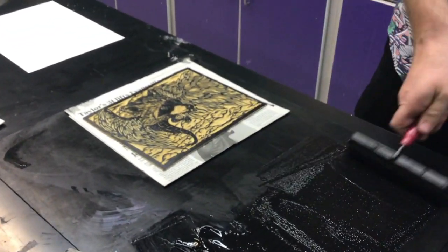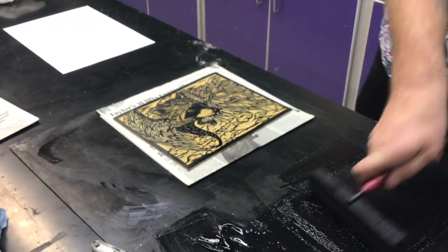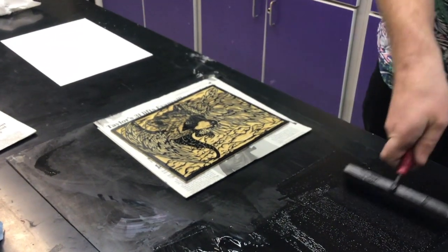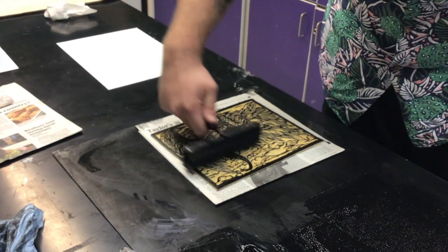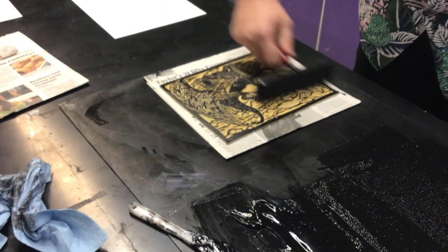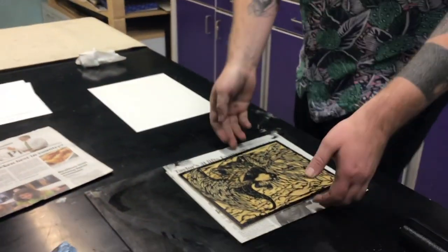I'm cleaning it up a little bit. Whenever you ink up, don't put too much pressure. You see how it's getting reflective all over, right? That's really important. So the goal would be, while y'all are working, your hands are relatively clean, but